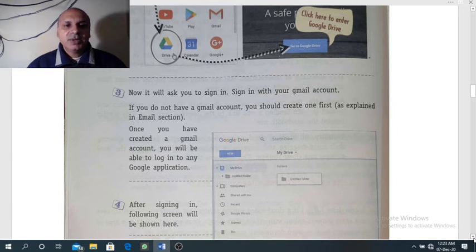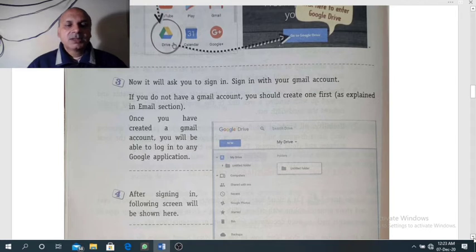So if you have a Gmail account, then you can simply log in with your Gmail account by using Google ID and password. And if you don't have Google account or Gmail account, then you need to create it first to access the facilities provided by Google Drive.